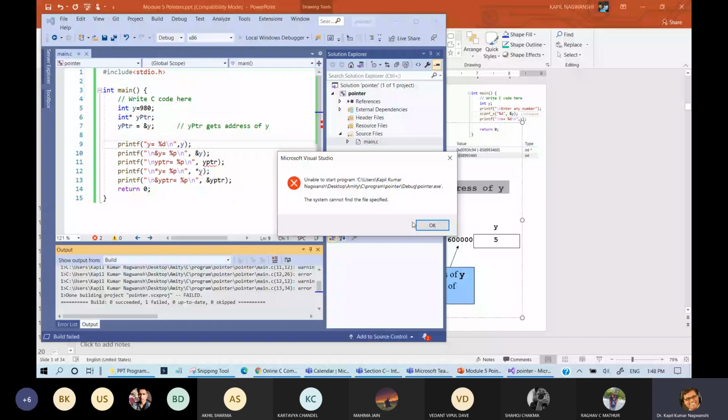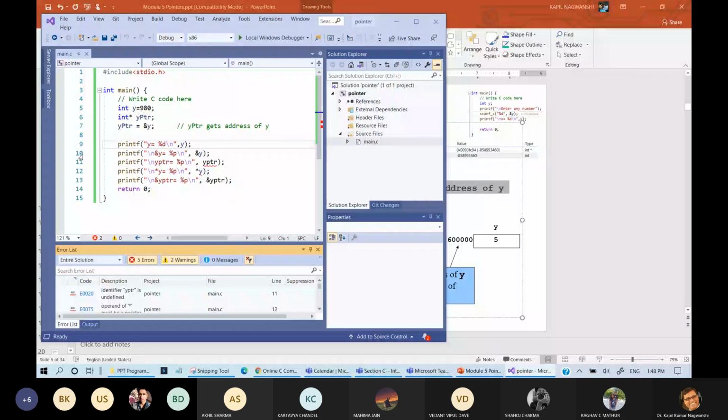Y pointer is an undefined pointer. So whenever you are writing any variable, you must be very clear about what you are writing here.